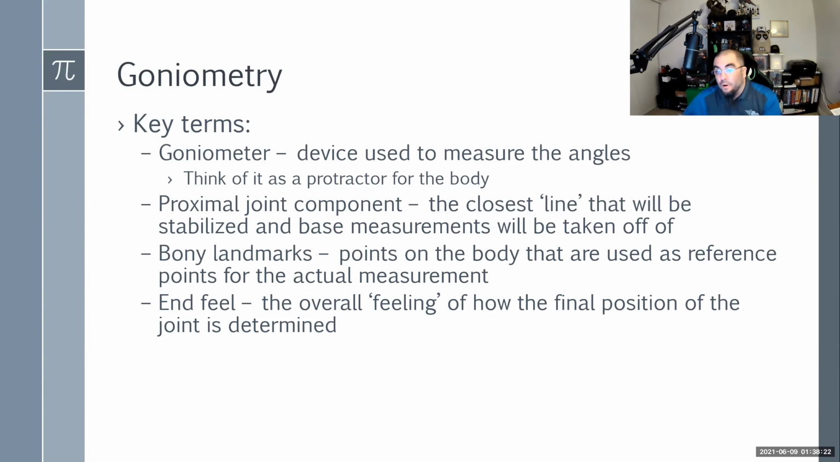We have bony landmarks. Bony landmarks are what we're going to use to measure off of as reference points. We're especially going to have a bony landmark for our vertex. And then we also have what's called an end feel, which is the overall feeling of how the joint's final